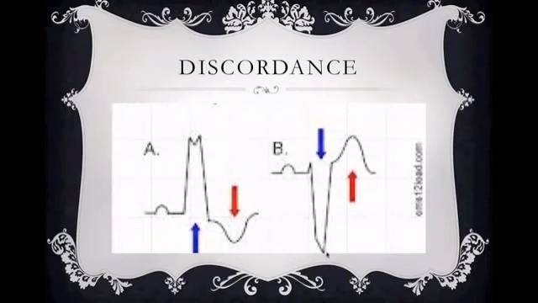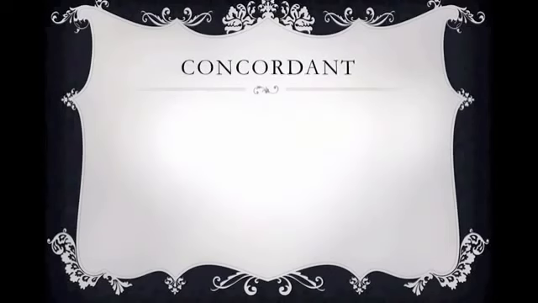Look at B here. We have a downward deflecting QRS complex. We have an elevated J point, less than 5 millimeters. It is discordant ST segment elevation in relation to the QRS complex. That is discordance. That is normal. That's what you want to see on a left bundle branch block. Let's talk about